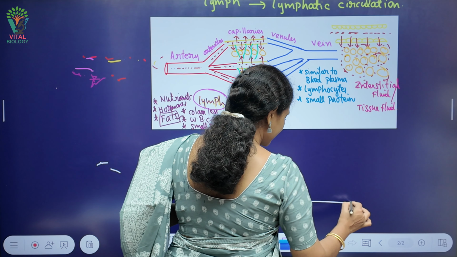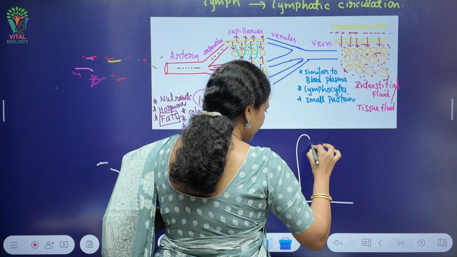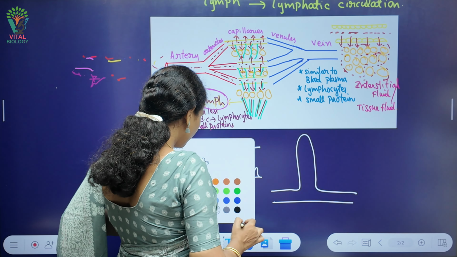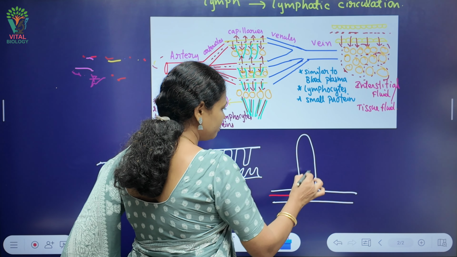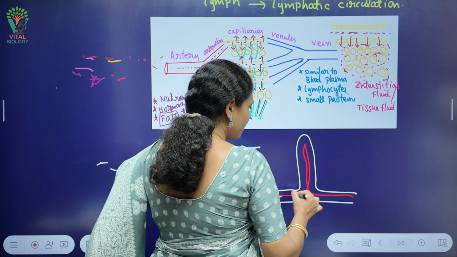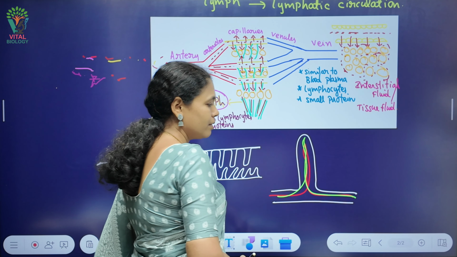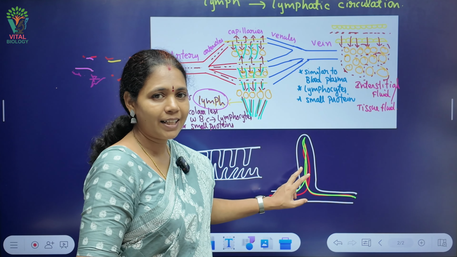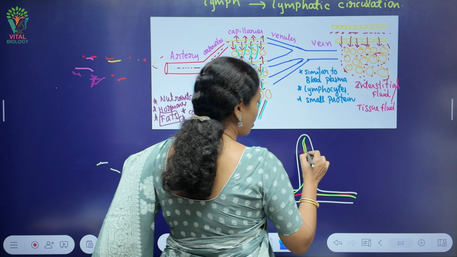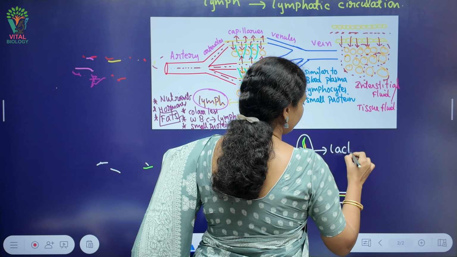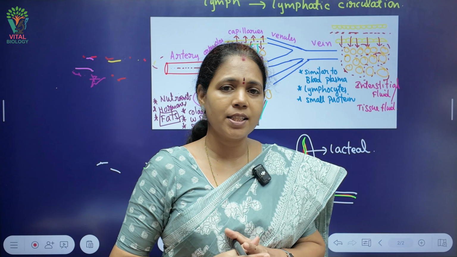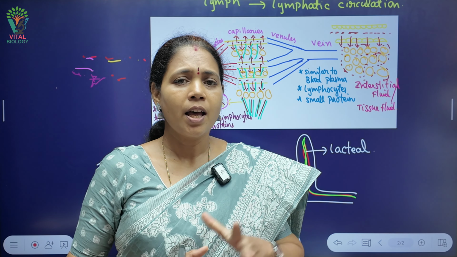Suppose we look at one of the intestinal villi like this. In this finger-like projection, it is provided with a blood vessel, yes, definitely, and it also consists of a lymphatic vessel. This lymphatic vessel is called the lacteal. Generally, the blood vessel present in this intestinal villus helps in absorption of